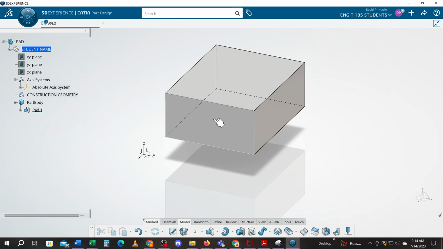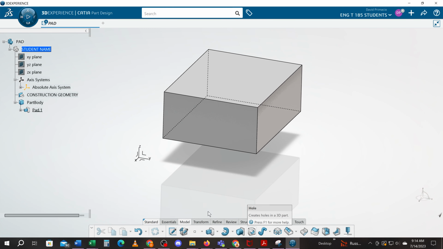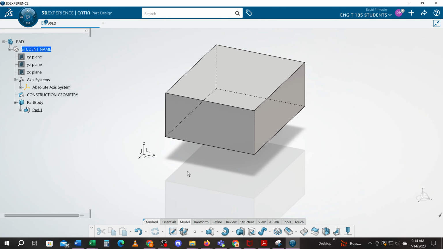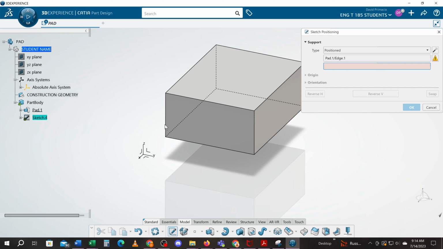If I select this face, I'm definitely going to work on this face. And then I can hit the sketch icon, but my axis is still on the bottom left corner. I want to create an axis so I can work off of this corner. So I'm going to exit. Another way to create a sketch is to go into the sketch position and select a line and select another